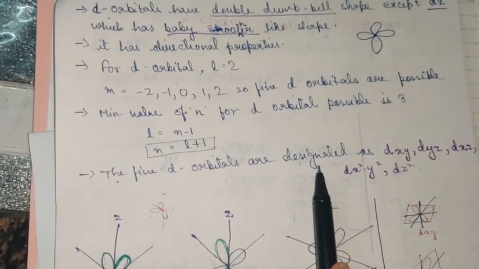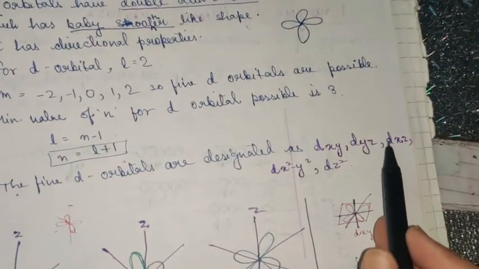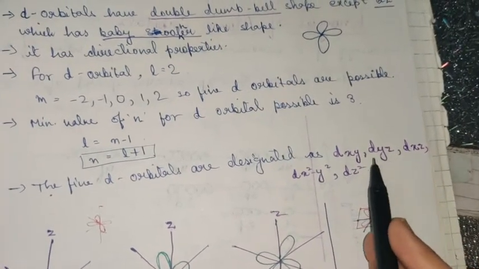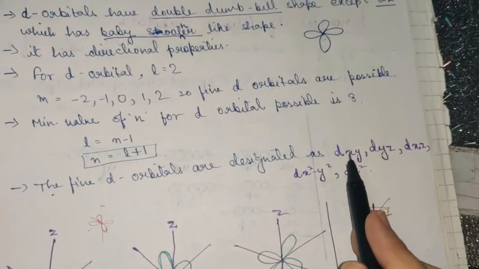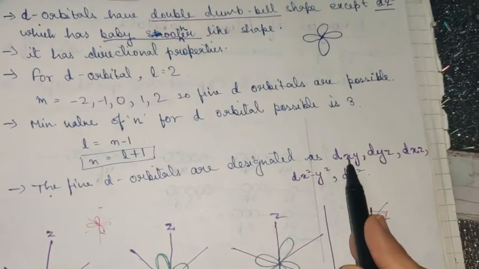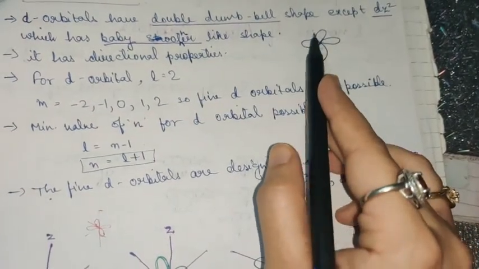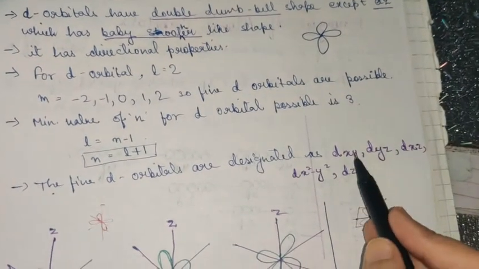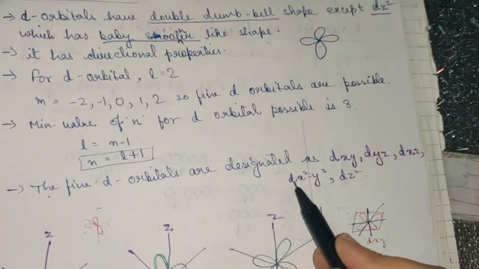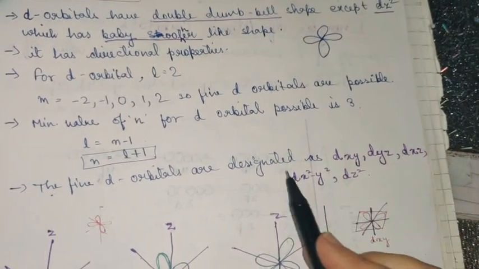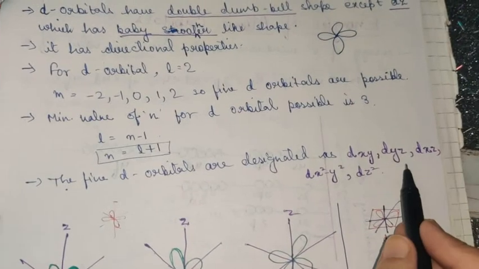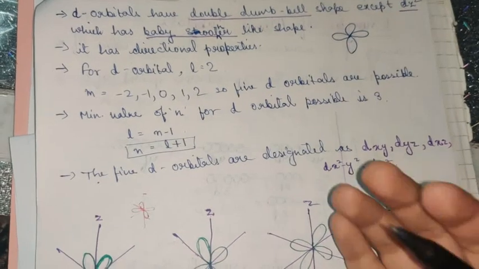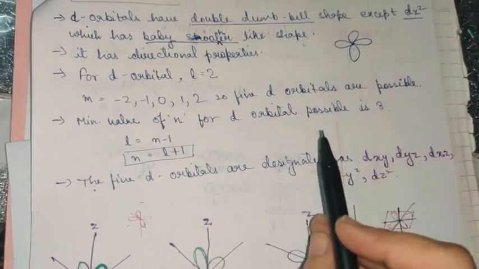Now the 5 d orbitals are designated as, please do remember this, children, whatever designations I am telling you, you need to remember that. For p it is px, py and pz, and for d it is dxy, because we will be covering two axes at a time, since you can see here there are 4 lobes, unlike p orbitals: dxy, dyz, dxz, dx square minus y square and dz square. These are the 5 orientations which are possible. Now we have to see how we depict the shape or the geometry of d orbitals.